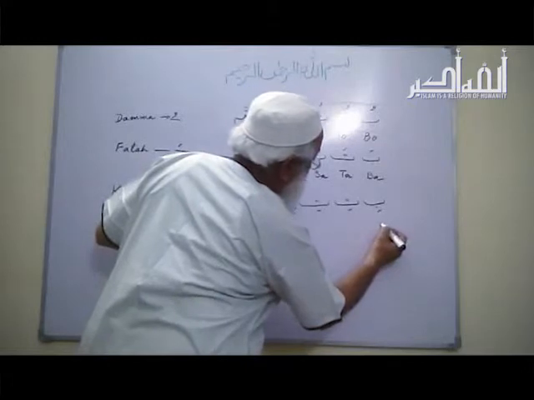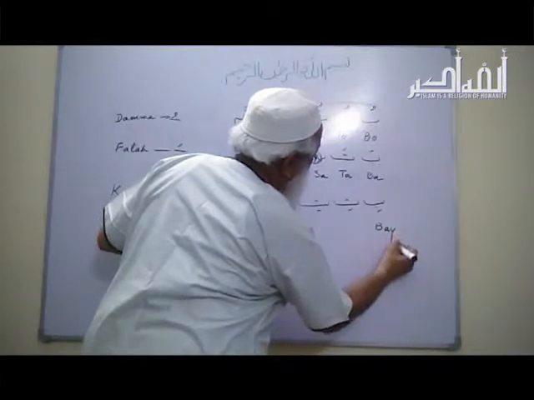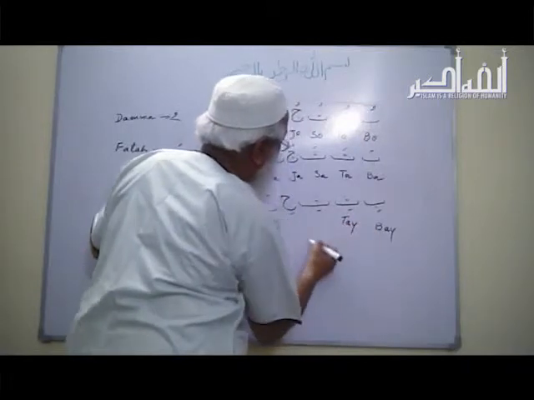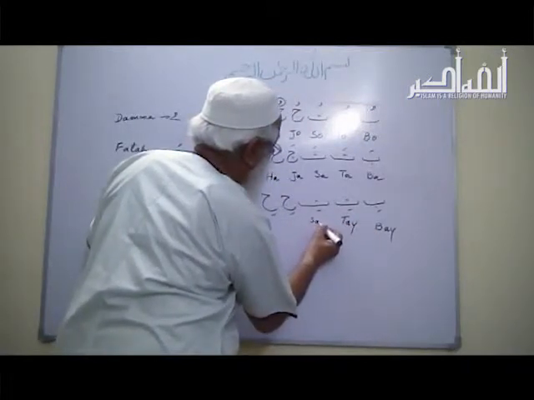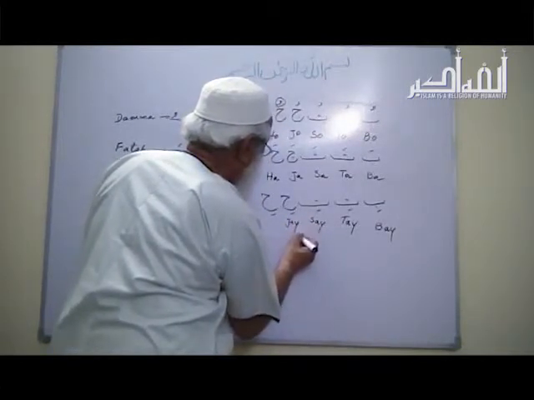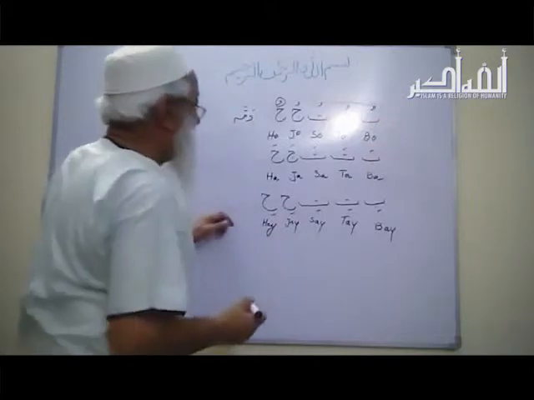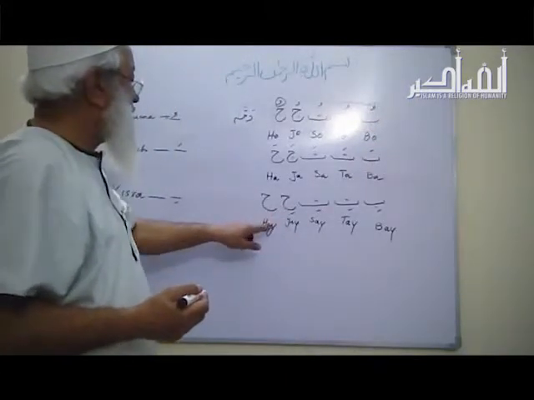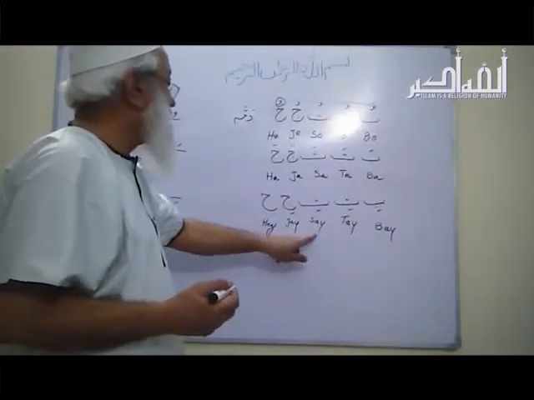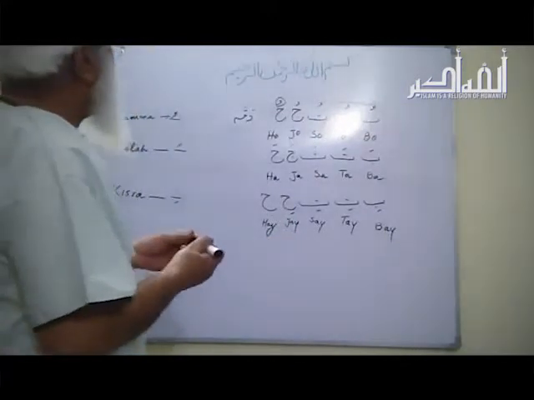This is Be. This is Te. This is Se. This is J. This is He. So with this, the voice of these letters becomes Be, Te, Se, J, and He. So normally, if we